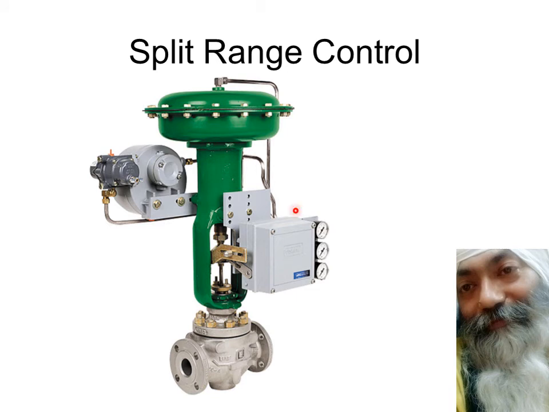So friends, here it is. This is the valve, and this is the dome of the valve, and this is the positioner, and this is the link. One is the air supply meter, one is the input signal meter, and one is the output signal meter. So you can always convert the input signal from direct acting to reverse acting, or from 3 to 9 psi to 3 to 15 psi, or 9 to 15 psi to the opposite, means 15 to 3 psi also, reverse acting you can make it.